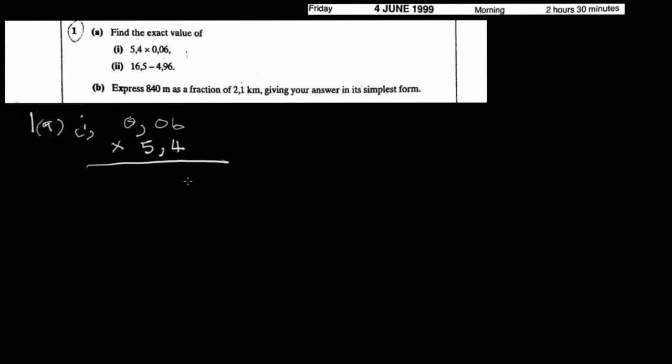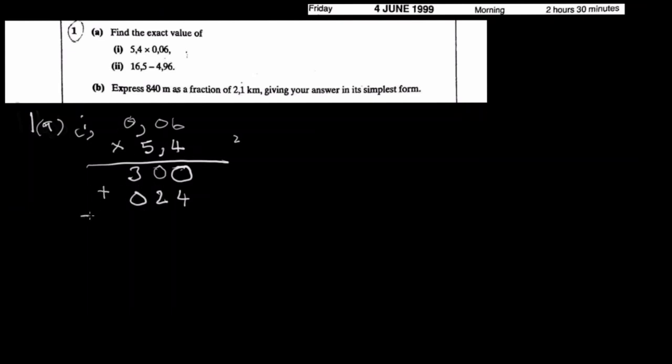Let us work through it like this. Firstly, when you are multiplying like this, we have to place placeholder 0. Then 5 times 6, that is 30. Then we go to 4 times 6, that is 24. So our 4, we carry our 2. 4 times 0, it's 0. Then we have this 2. And 4 times 0, it's 0.